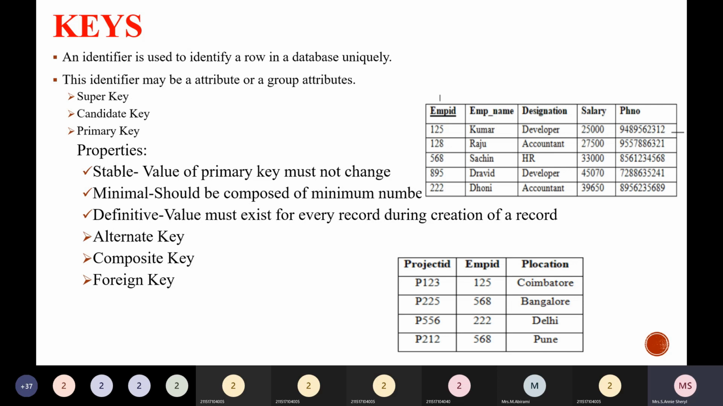There are certain properties. The value of a primary key must not change. It has to be stable till the existence of the table. Next, it has to be minimal. It should be composed of the minimum number of attributes. And next one